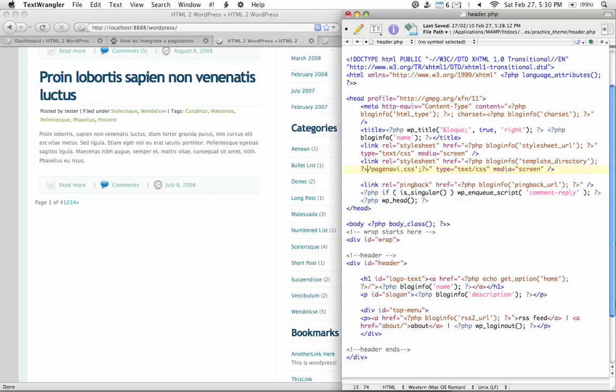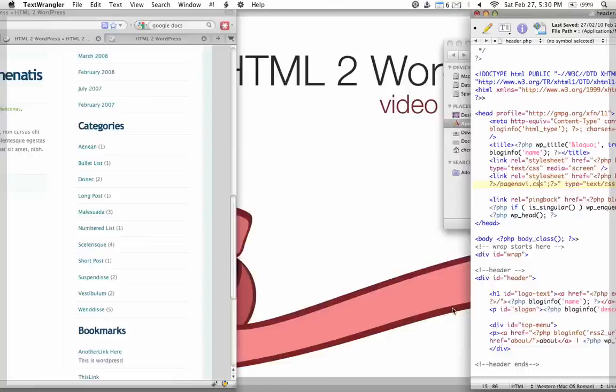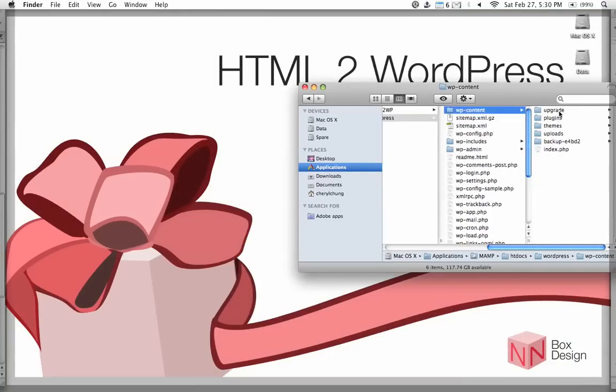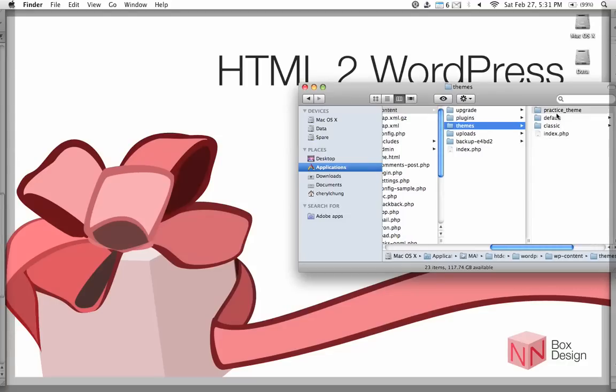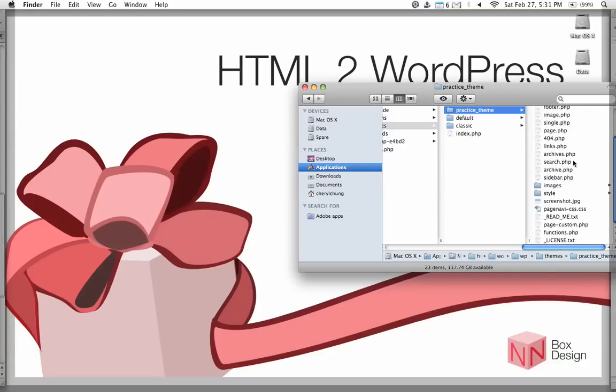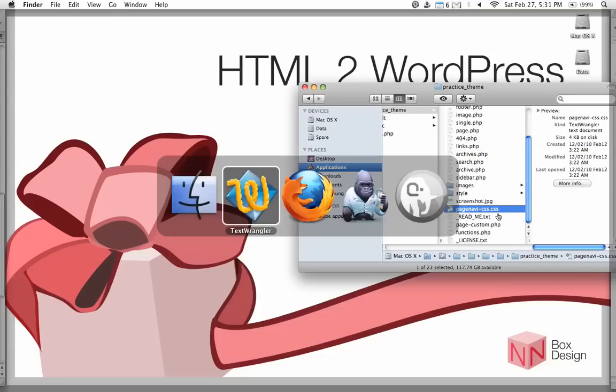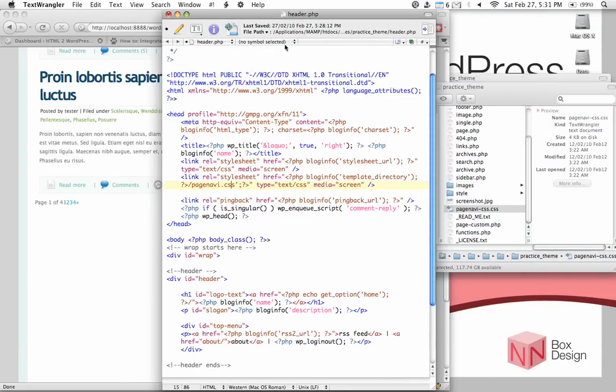And now, after that, we have the page navigation, pagenavi.css, except inside our package, the file is actually not called that. So if we go back to our practice theme folder, oops, I seem to have closed up the folder. It's okay. If we go back to our folder, themes, practice theme, and you look for that CSS file, it's actually called pagenav-css.css. So going back to our code, we need to change that into